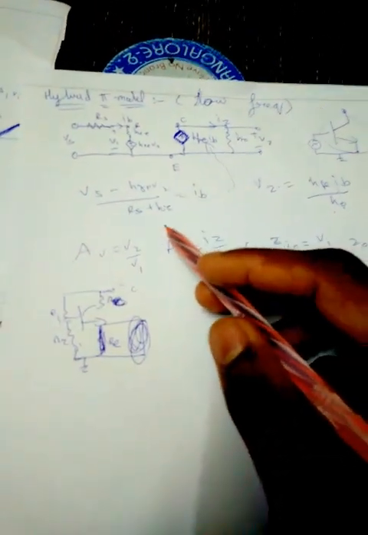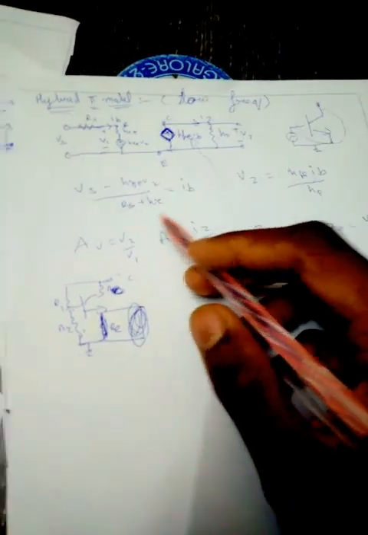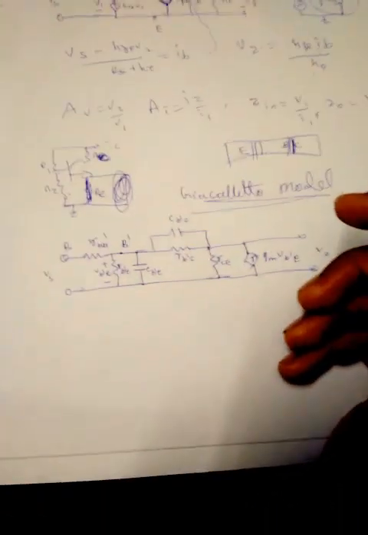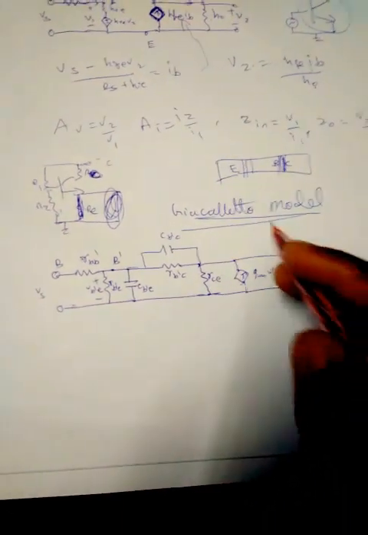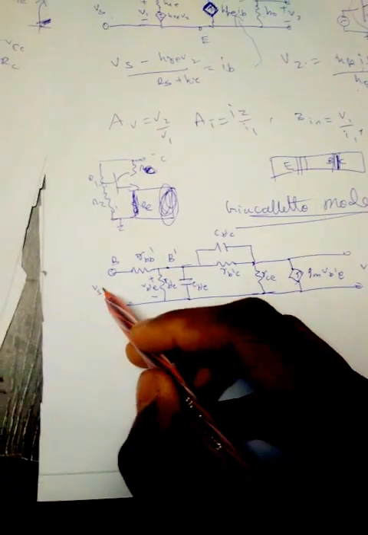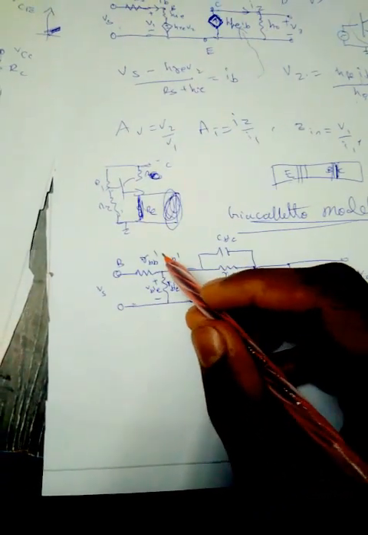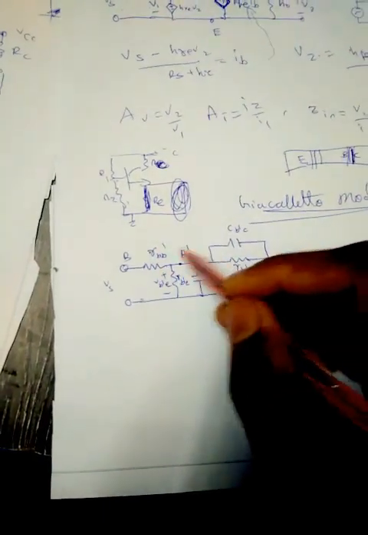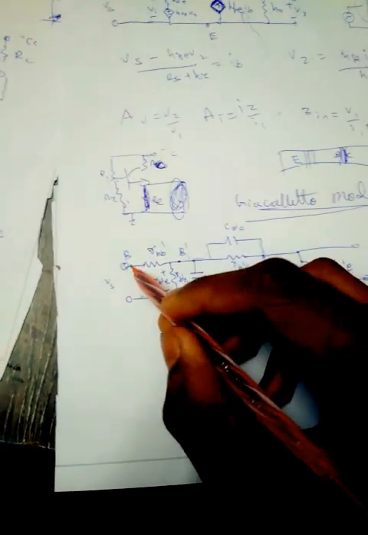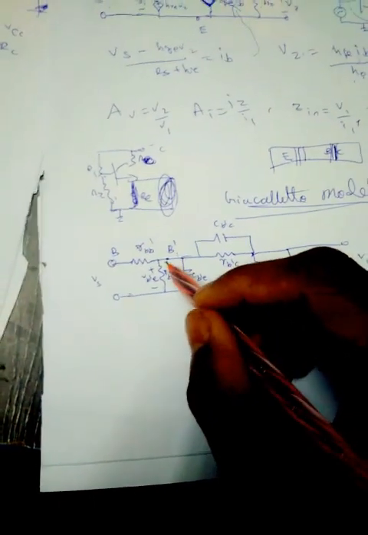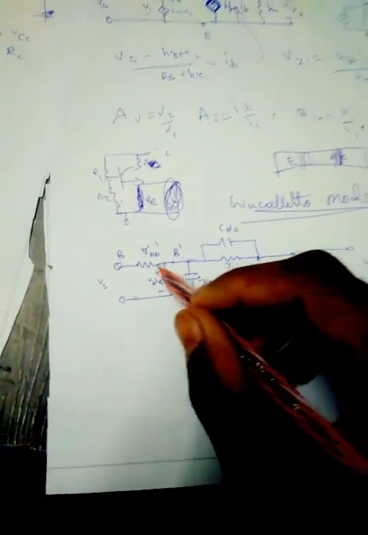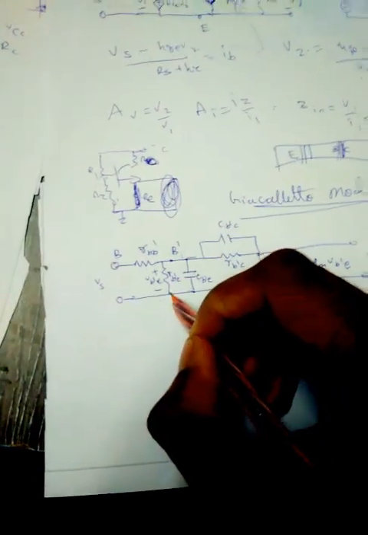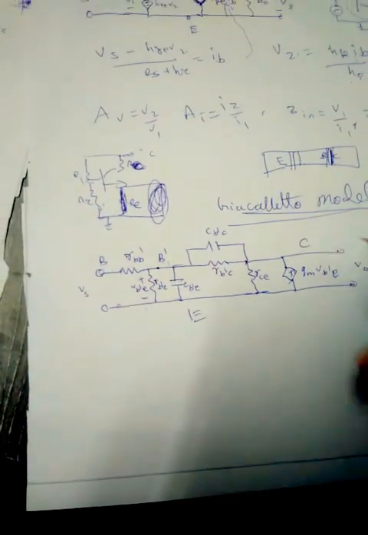There are many models that are used at high frequencies, and the one we all study is the Giacoletto model. Let's have a look at it. This is how a Giacoletto model looks. This is the input. This is the base spreading resistor, and it contributes to the effective base. B dash is the effective base and B is the actual base. This is V_B'E, that is the voltage across the effective base and the emitter. Emitter is here, collector is here.